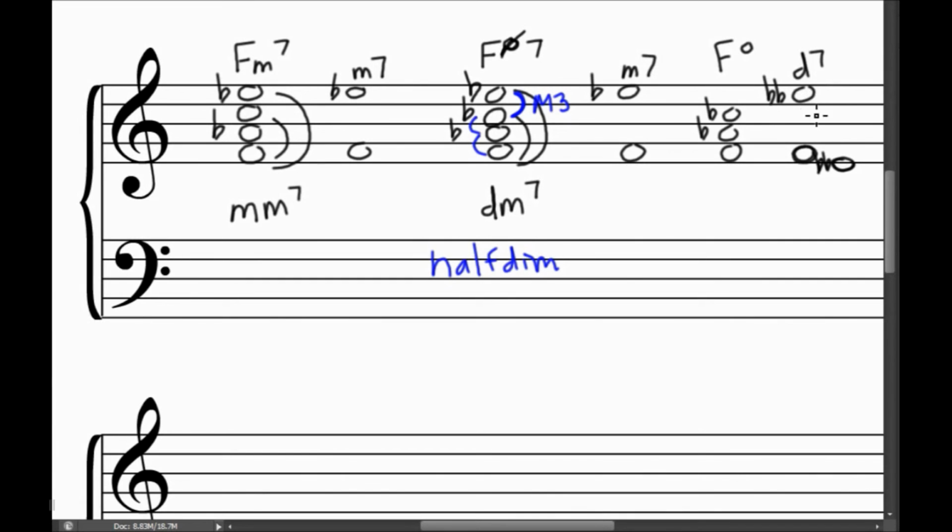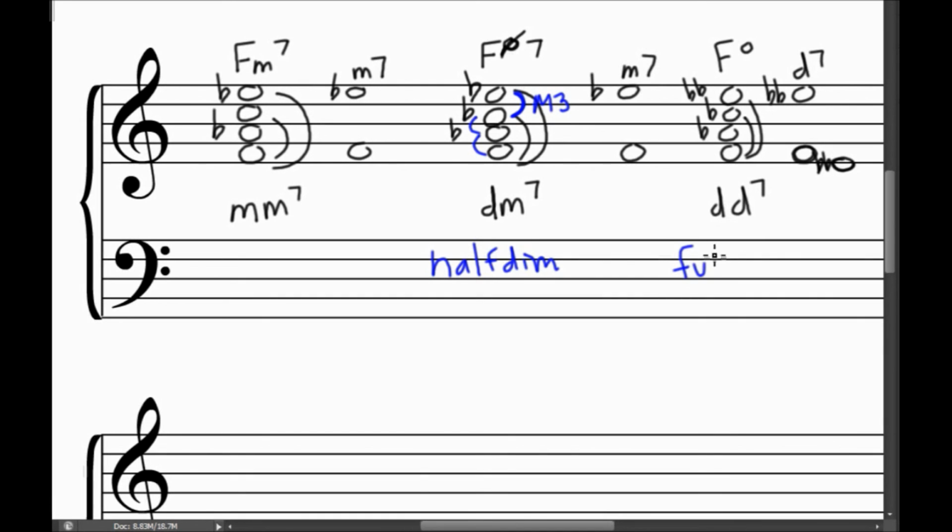So if I add this to my chord, E double flat, this chord is now spelled F, A flat, C flat, E double flat. My triad is diminished, so I'll write a D. And my 7th is also diminished, so I'm going to write a D again, 7. So this is called a fully diminished